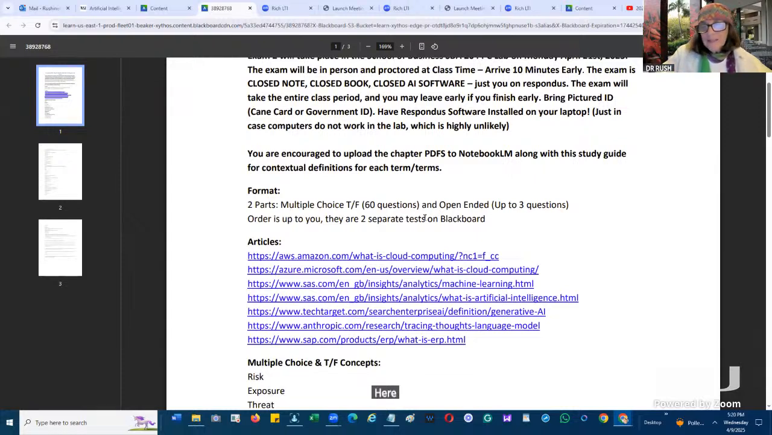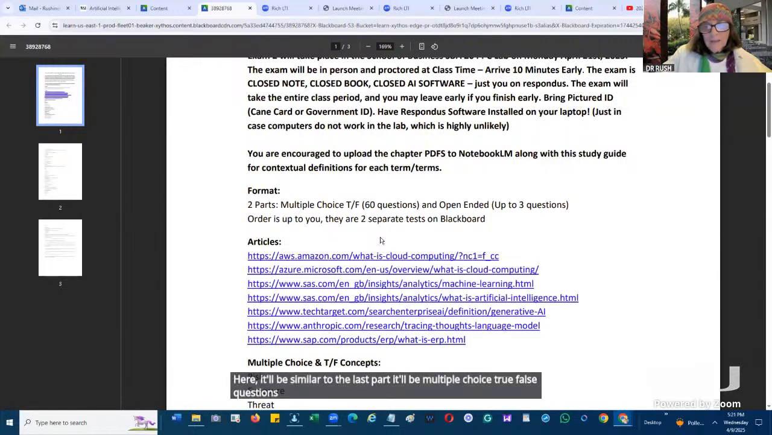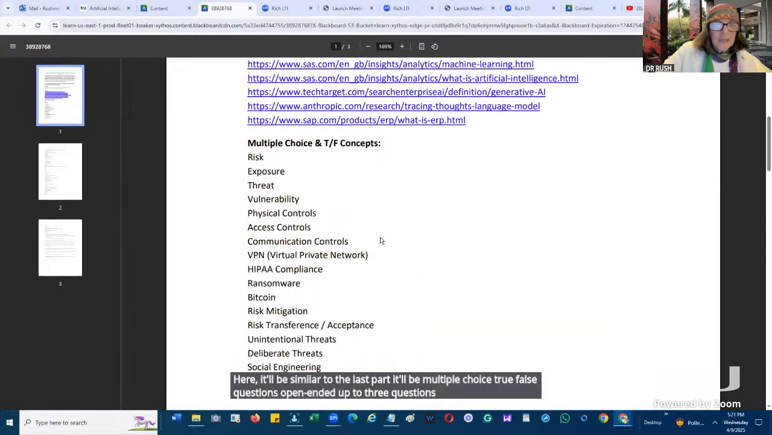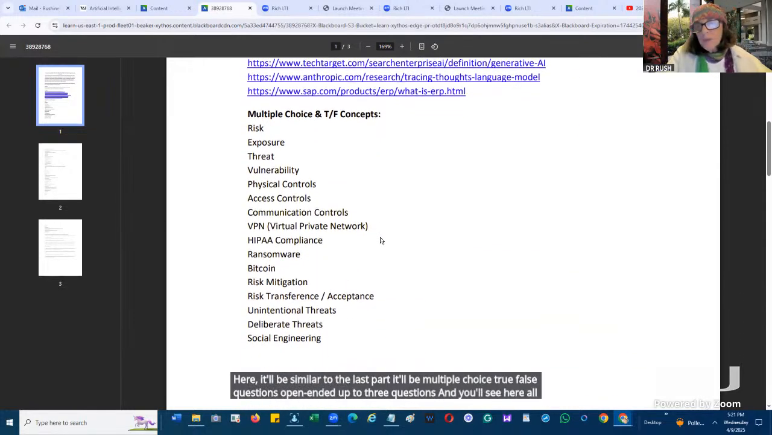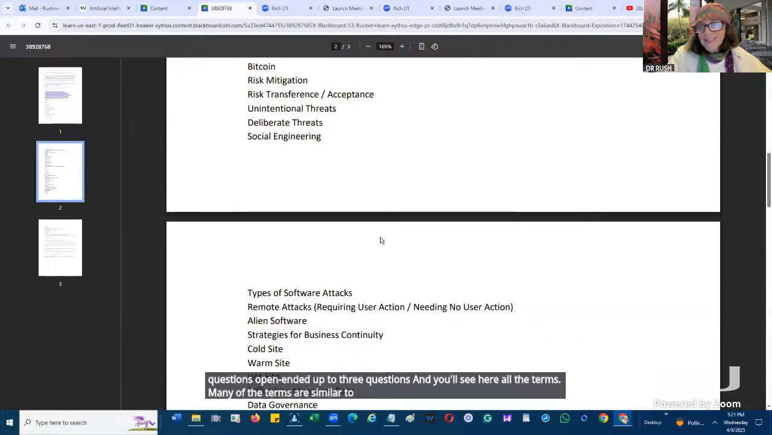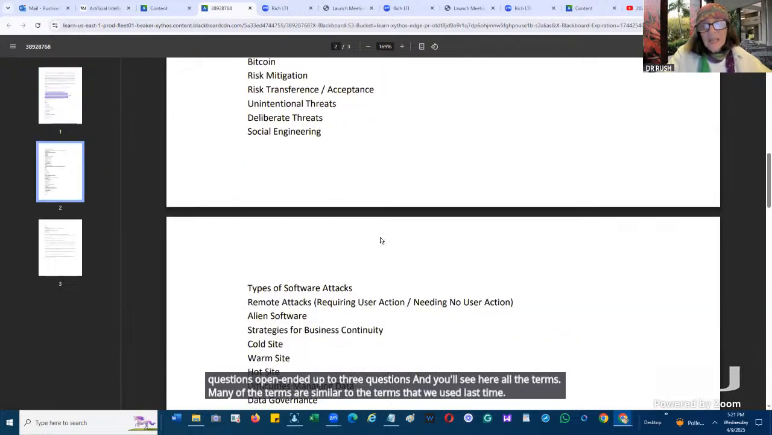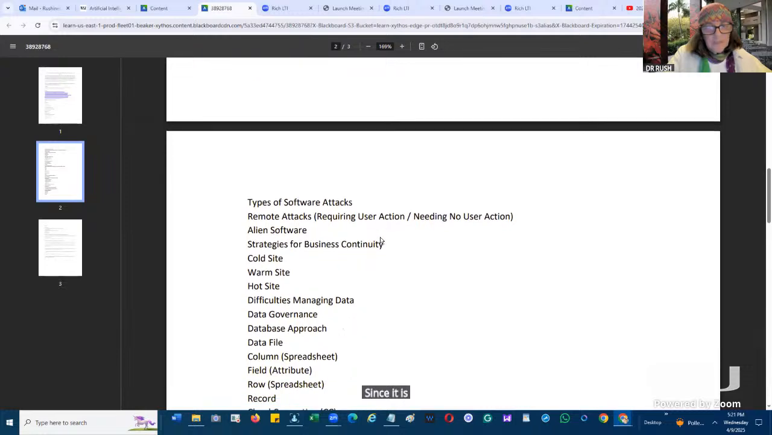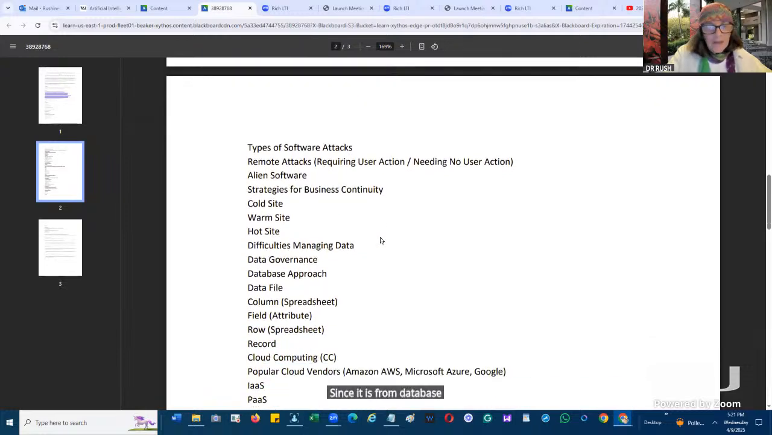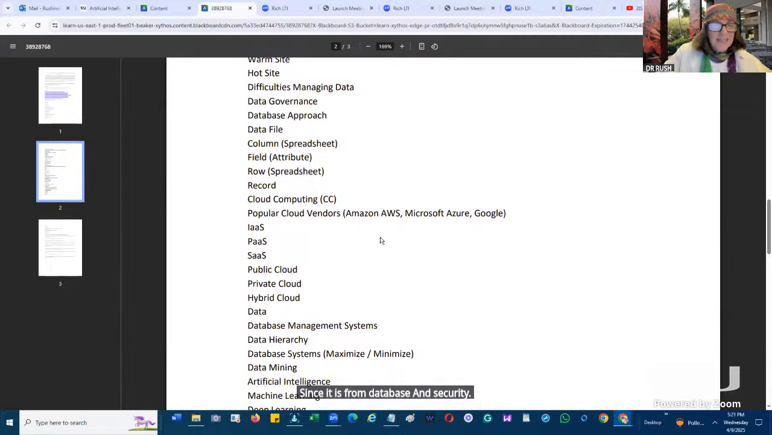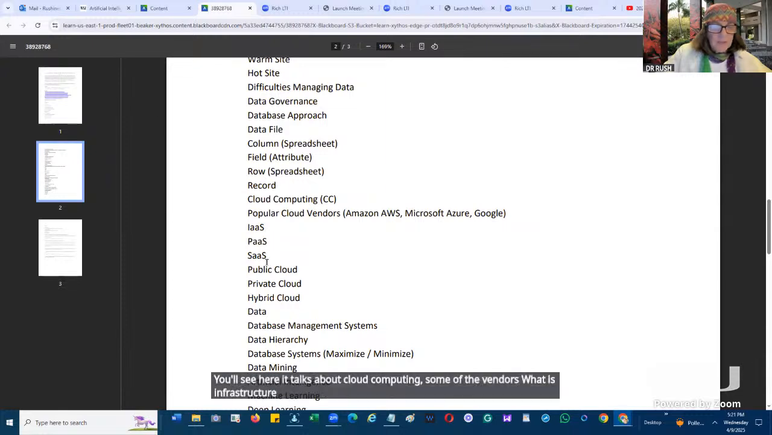It'll be similar to the last part. It'll be multiple choice, true false questions, and open-ended, up to 3 questions. And you'll see here all the terms. Many of the terms are similar to the terms that we used last time, since it is from database and security. You'll see here it talks about cloud computing, some of the vendors, what is infrastructure as a service, platform as a service,